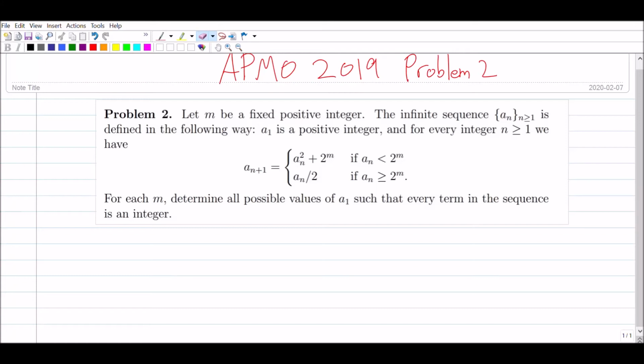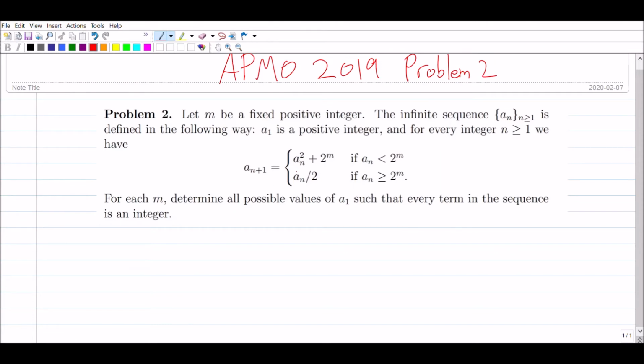Today we're going to be solving the APMO 2019 problem 2. So the problem statement is as follows. We have m being a fixed positive integer, and then there's an infinite sequence defined as a_n, which is defined in the following way. So a_1 is a positive integer, and for every integer n greater than or equal to 1, we have that